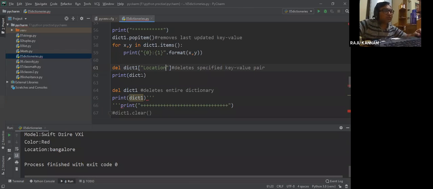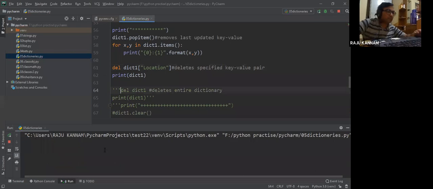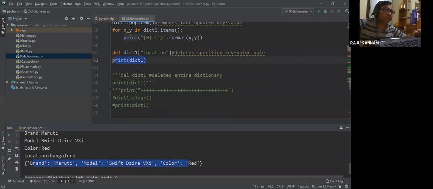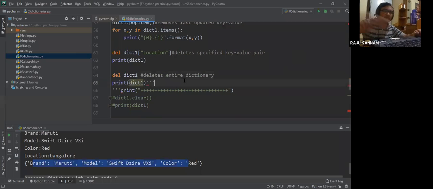Now if you print dict1, it will not have the location. del dict1 location. See, location is removed; it is not there anymore.